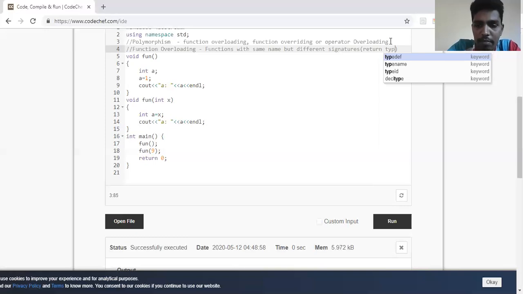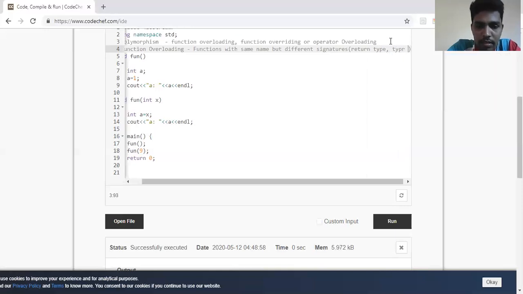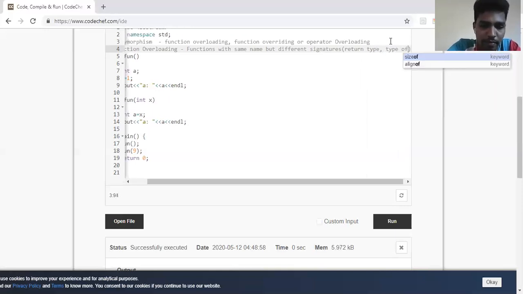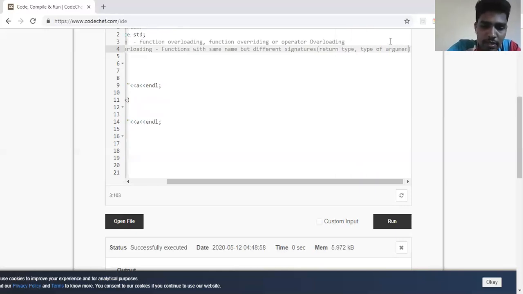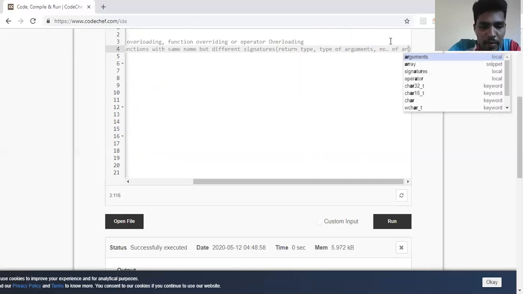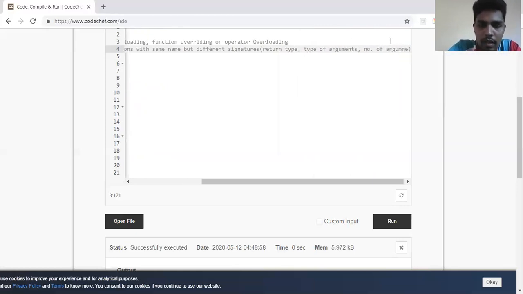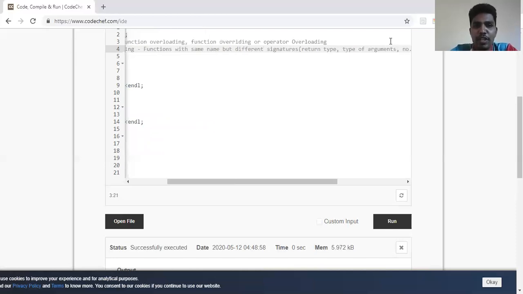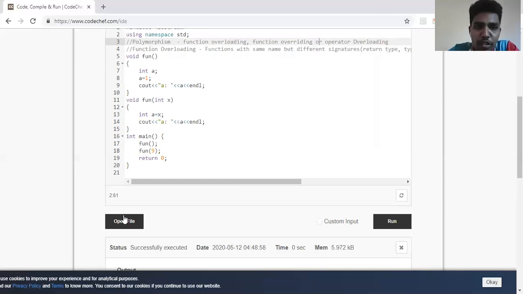It can be return type, type of arguments, number of arguments, or sequence of arguments. All these are called signatures of a function. Functions should have the same name but different signatures; we call it function overloading.